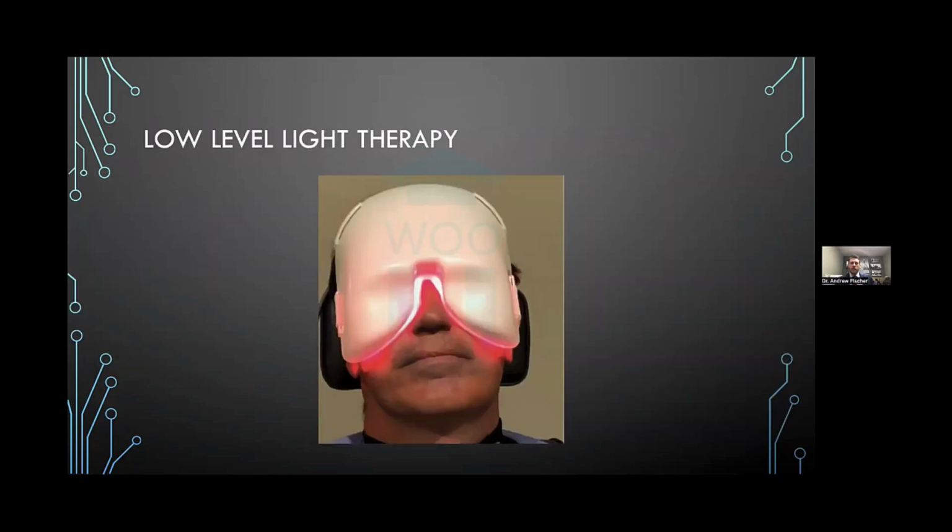And then another one that's out there too is low level light therapy. I would say this one's not as common or as widely used as some of the others that we just went over, but low level light therapy is a form of photobiomodulation, and through the application of LEDs in specific wavelengths, those wavelengths can penetrate the skin, promote healing, promote collagen repair, and get those glands functioning a little bit better as well. And oftentimes this is also used in combination with one of the other therapies. Oftentimes there's heating and expression followed by this low level light therapy to help promote healing.